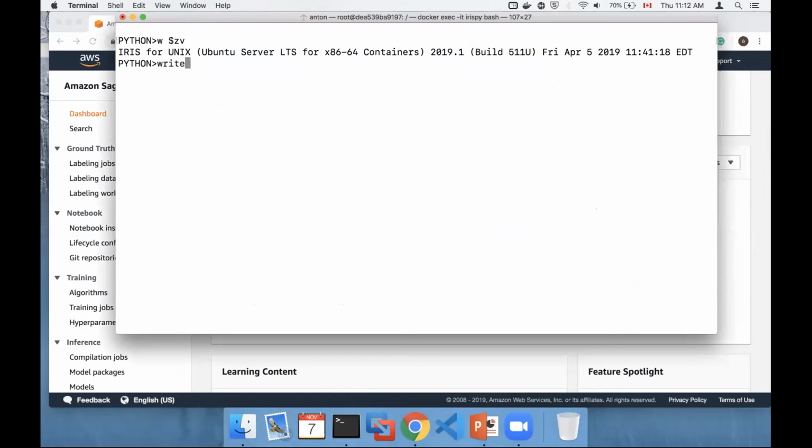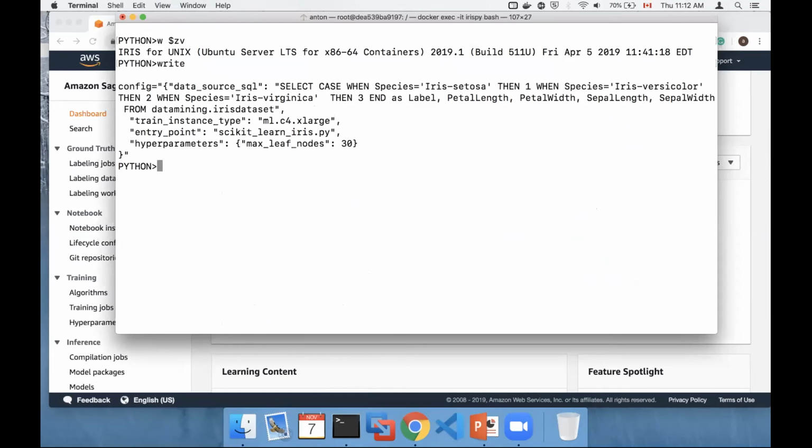And in here, I do have already preloaded configuration, right? So the configuration in this particular case is a SQL statement that tells us what data I need to pull in from IRIS to train my model, right? So basically arbitrary data that you already have in your IRIS instance can be used for training purposes.